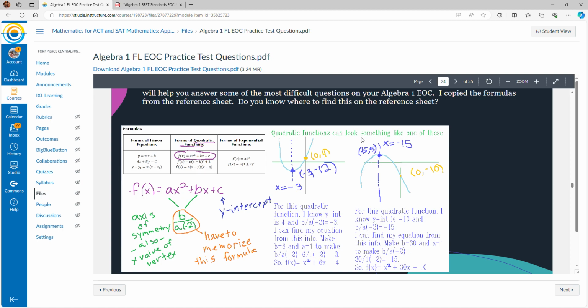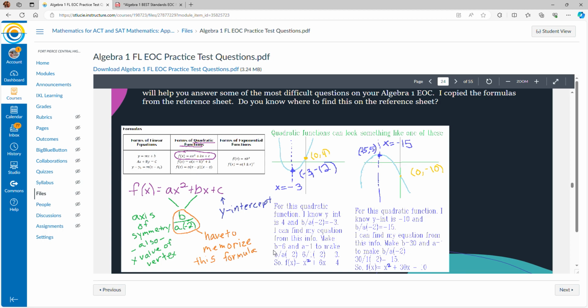And quadratic functions look something like I said, like a u or an n. And this first one, this axis of symmetry is at x equals negative 3. The vertex, we could say it's at negative 3, negative 12. And if we had a y-intercept of 0, 4, I know my y-intercept is 4, and my b over a times negative 2 equals negative 3. So I can find my equation from this information